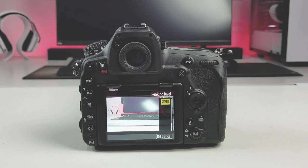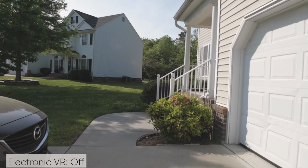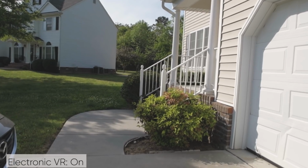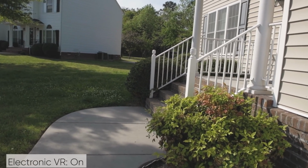But if I had to take a guess, I bet that this was more strategic for any future video focused cameras that Nikon might release. As far as image stabilization, this camera uses electronic VR. Now if IS is high on your list of priorities, then I don't think that this is a good choice. I tried the in-body electronic VR by itself and with the VR on my lens and really didn't notice much